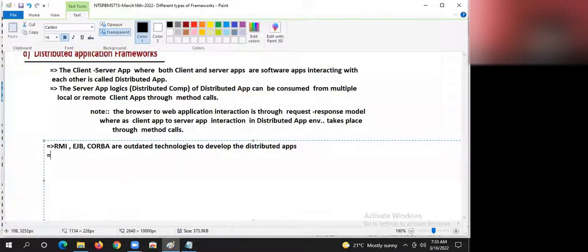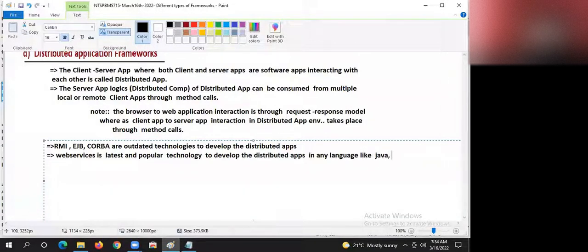Okay, guys. Next, web services. Web services is the latest and popular technology to develop distributed applications in any language, like Java, .NET, PHP.